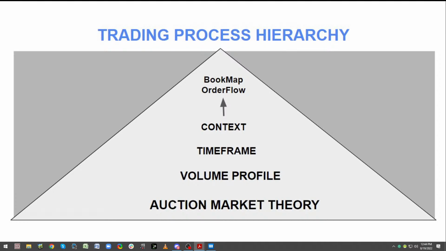No, I don't reverse, Major Tom. If it goes against me, I'm out because it's a structural failure. In other words, context for me is short, right? And let's say I got in at the mid and I got stopped out, I don't go long because I have my context that says short only. Unless something dramatically changes, then I go, hey, I don't know. When I get into I don't know, I stand aside. It's not clear. In other words, I have a trade plan that aligns with my perception of context.